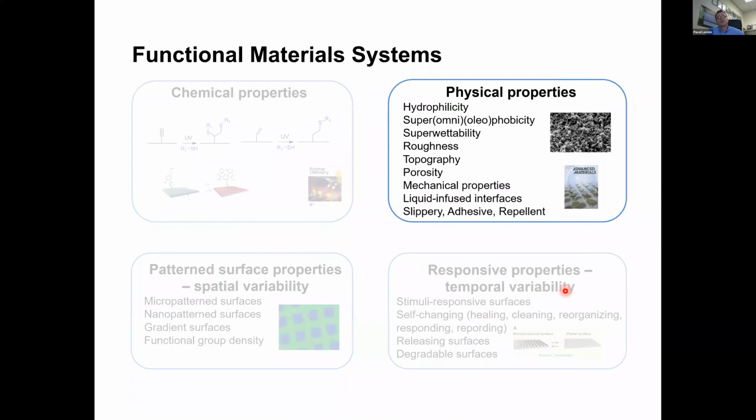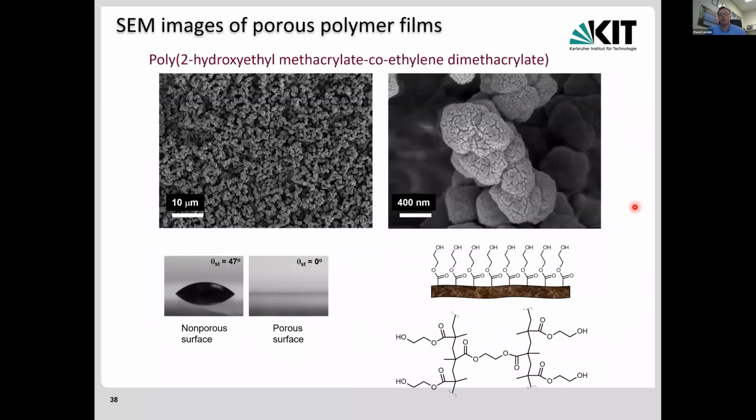Now let me show you some of the methods we use to control physical properties. Traditionally we work a lot with porous polymers, because it's an interesting and simple method. And here you can see porous polymethacrylate, which was produced by polymerizing methacrylates with a cross-linker methacrylate in the presence